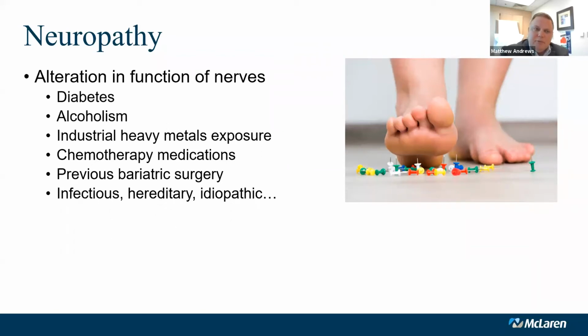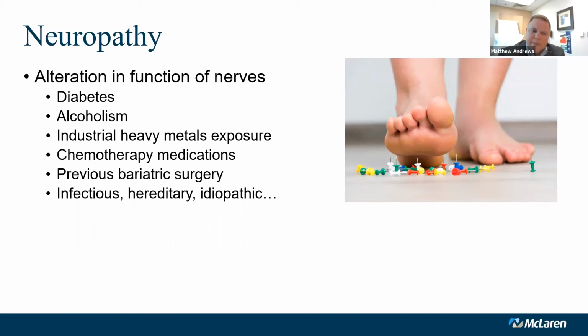Chemotherapy drugs will commonly cause neuropathy as well. And then another very common cause that we see is bariatric surgery. So people that have had weight loss surgeries, in some cases will end up with a malabsorption issue where they'll start to develop neuropathy symptoms, usually about 3 to 5 years after the surgery. So anybody that's contemplating bariatric surgery, I oftentimes will let them know that this is a potential result. Typically, it's not severe and it's not activity limiting, but it is something that can definitely be a cause. Other causes that can cause this, of course, there's infectious causes.